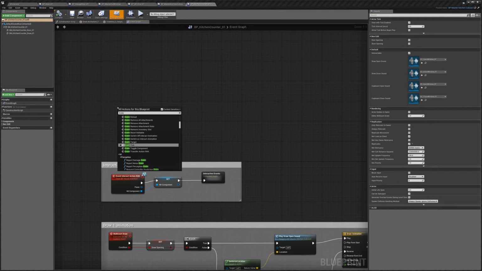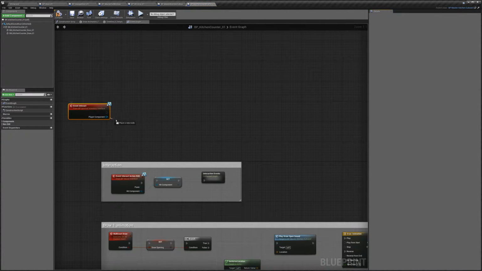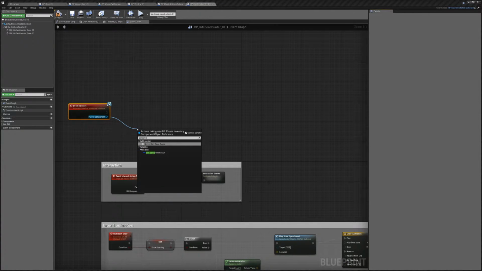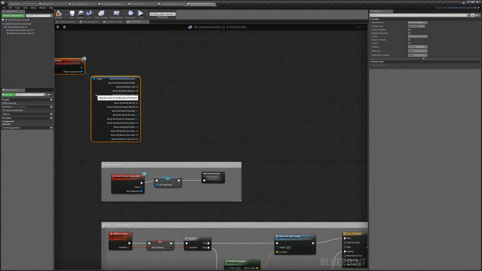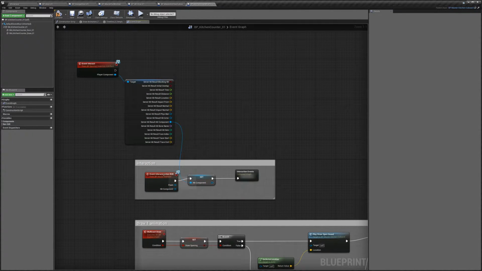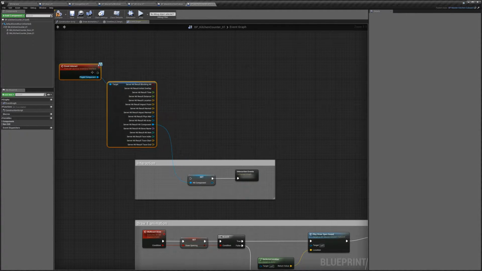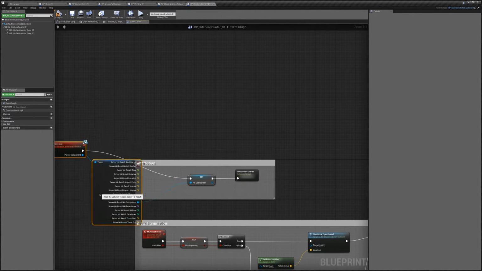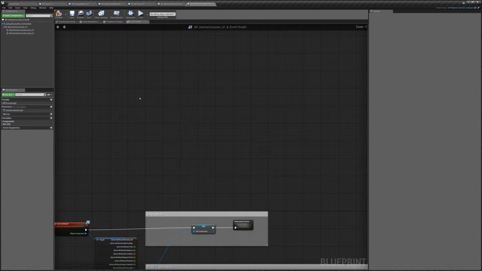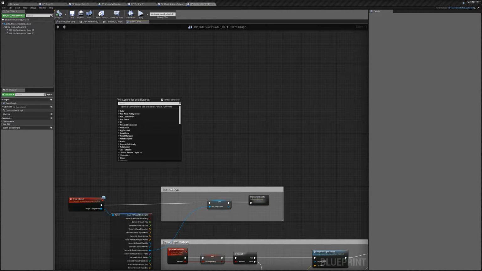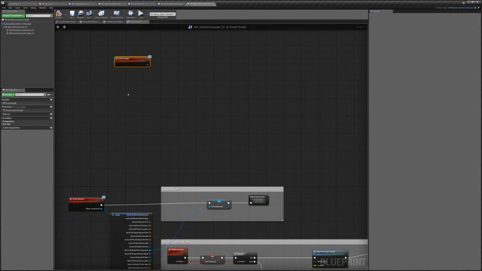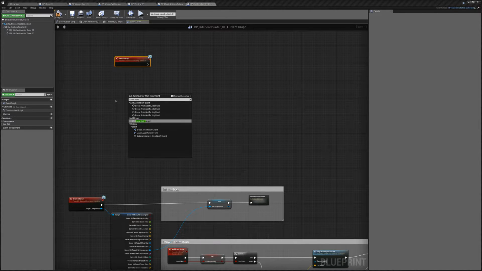We're going to do event interact, just like our other ones. We'll get server hit result, split that pin, and we'll plug component into hit component, and we can delete this old event. We can connect this up to here like that. Next, you can compile that quickly. We're going to do the target, so event target and event not target,